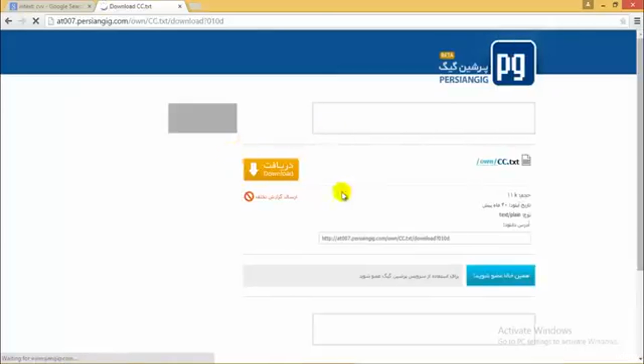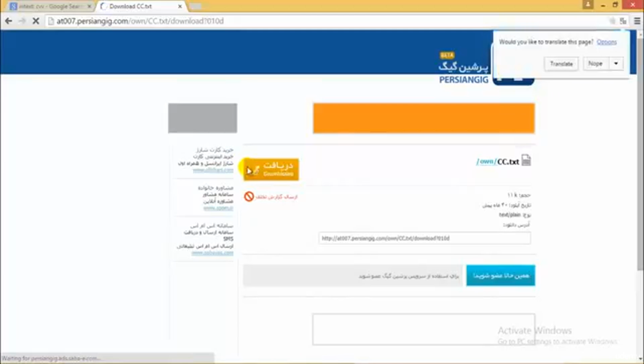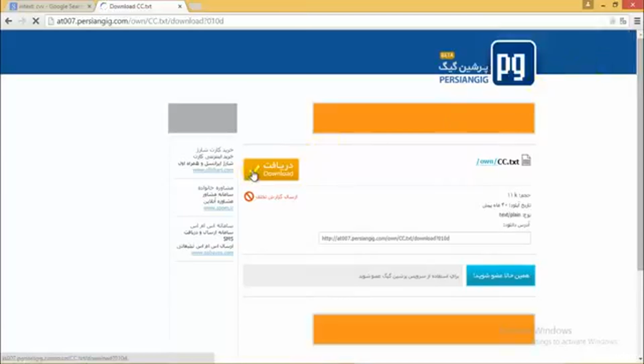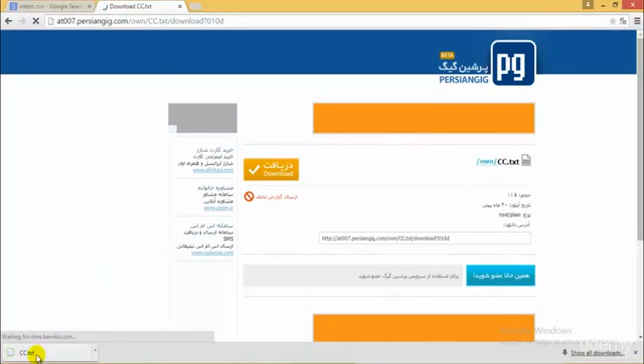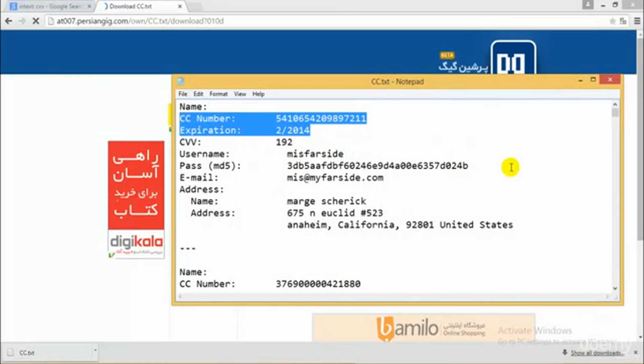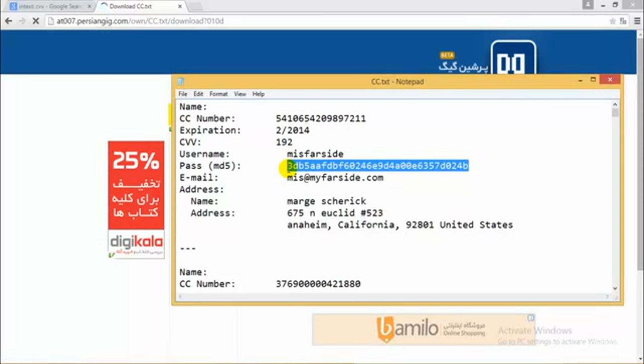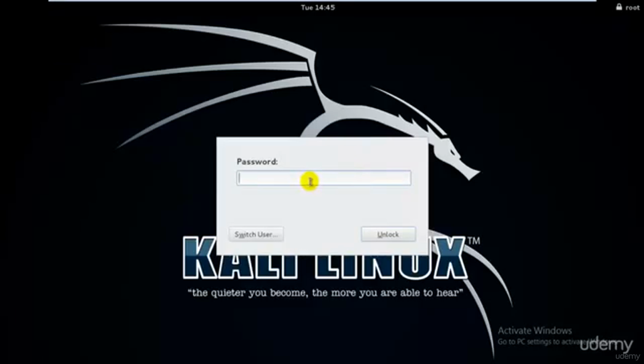Let me check. Okay, I'll just go and download this. If I don't have any exceptions, then I'll surely go ahead and show you. Okay, perfect. And when I go ahead, you can see that we have these things, but these are expired. We have the username, the MD5 hash for the password, which, if you have a good cracker such as Burp Suite or John the Ripper that we have on Kali Linux, I'll just go ahead and open it